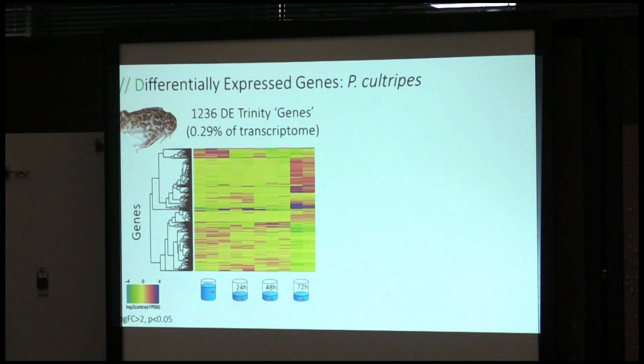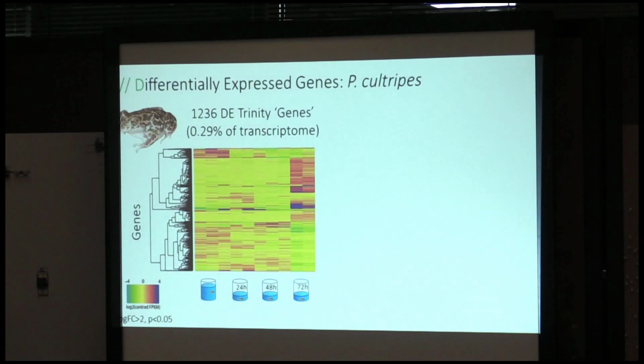So this is a heat map of the differentially expressed Trinity genes for Pelobates. This is the plastic species, and what you see here is the treatments, so each individual per treatment along the x-axis, and the y-axis, the rows of this heat map, represent differentially expressed genes. So these are genes or fragments of genes that show differential expression, so they're up or down regulated for at least one pairwise comparison for these treatments, with the darker purple colors showing upregulation and greener colors showing